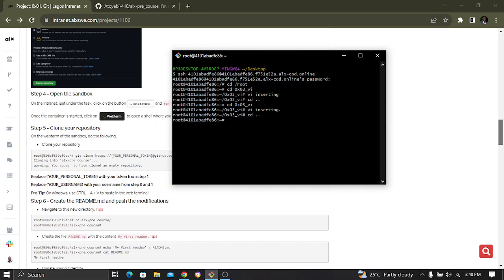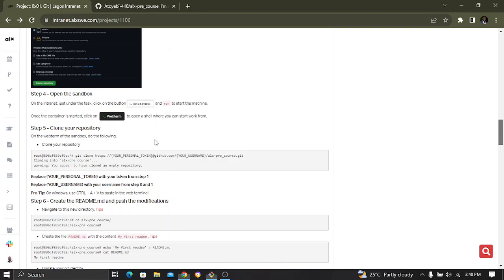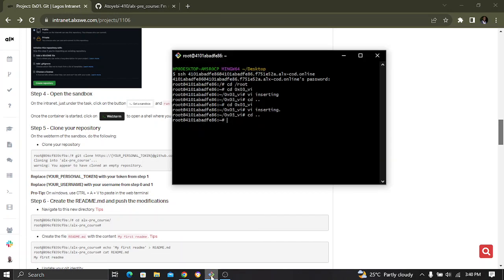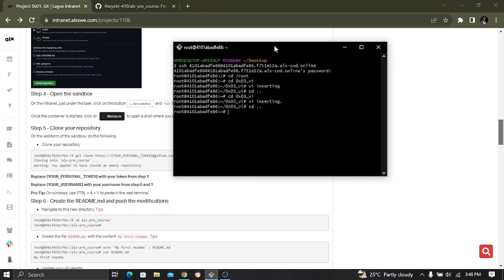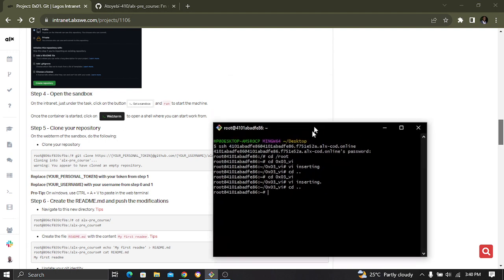So now I say clone your repository. On the web terminal, do the following: clone your repository with this. Now look at this. If I paste this link here, I will show you the similarity, and the only thing you need to always